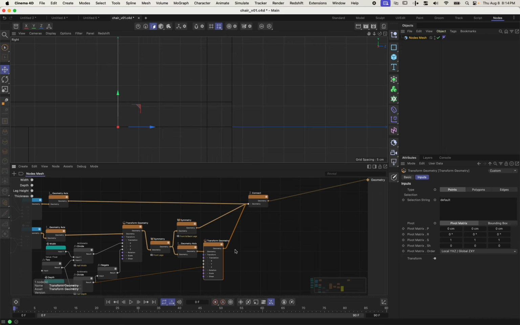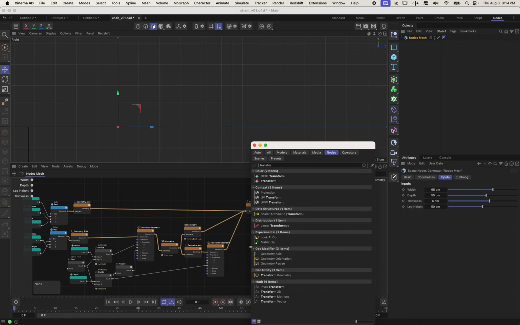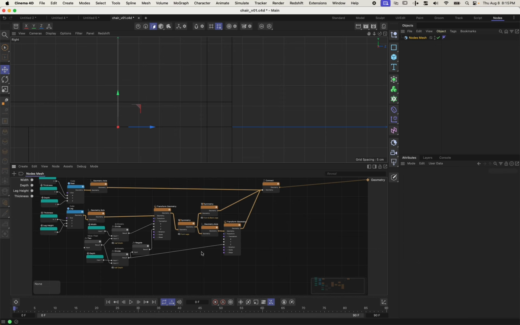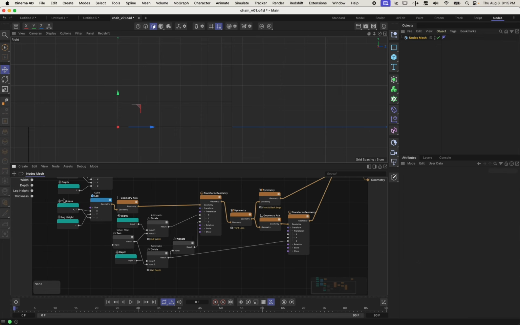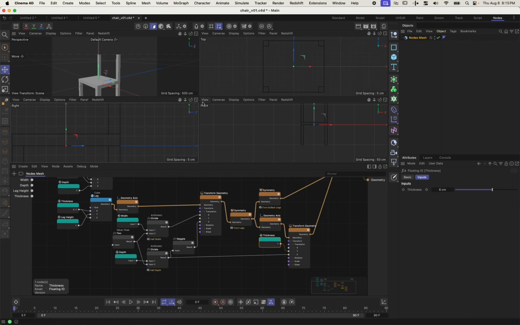So I'm going to come in here, and I'm just going to do one more transform at the end right here. Let's take a look at it and just shift it up. Oh, and what I see is it's actually resting inside of the seat. So I want it to move over that much, and then I want it to move up thickness. So I'm going to disconnect this second transform geometry, and I'm now going to grab this thickness node, command drag it out, and I'm going to use thickness for the Y value here. So we're getting the Z value from the half depth, and the thickness is coming from Y. And now we have got